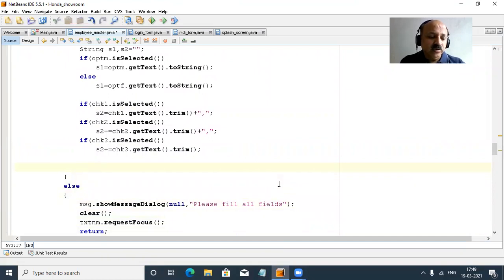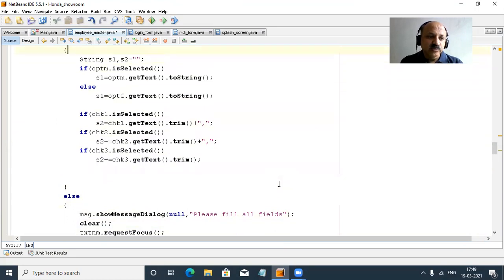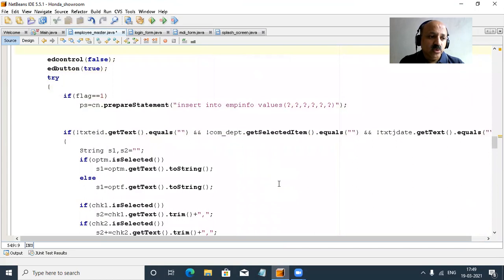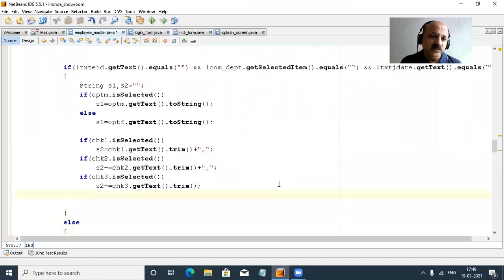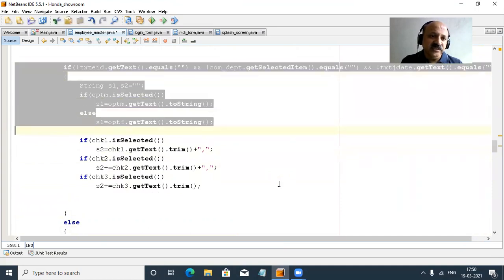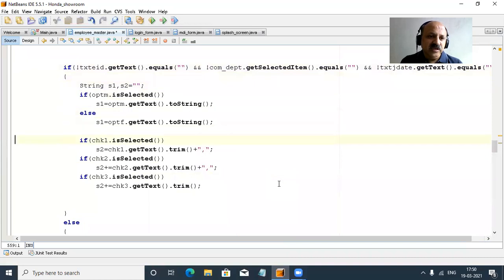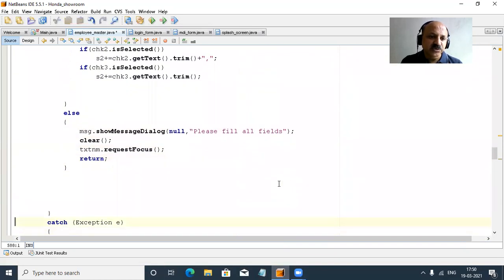So yes, now turn to our very important part, and that we can apply the try catch block. So yes, I have already taken the try catch block. So you can also start now in that try catch block. Here also, no problem, because this if condition does not require any try catch block. But I hold that if part and take the try catch block. So yes, I remove this extra blank space, and now we can start our PS, prepared statement.